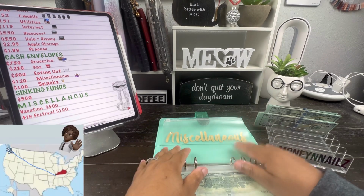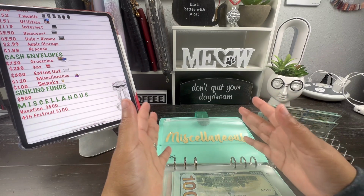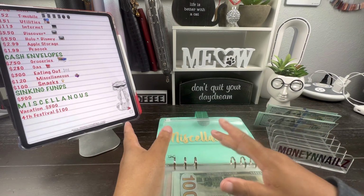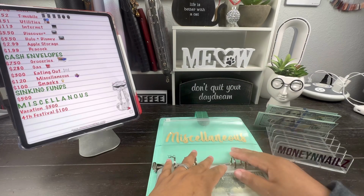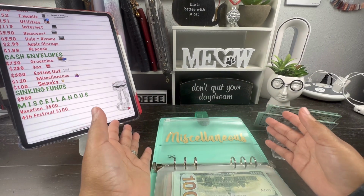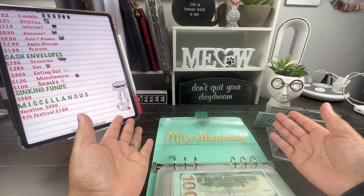I'm going to visit my family. So we're going to say $500. Now, usually I don't really spend any money when I go to visit my family, but I'm going to say $500 for just like miscellaneous stuff that I need prior to leaving. So I know that I have some clothes I'm going to need because I'm going to Kentucky, where it's going to be, from my understanding, close to 100 degrees, where right now here in Washington State,